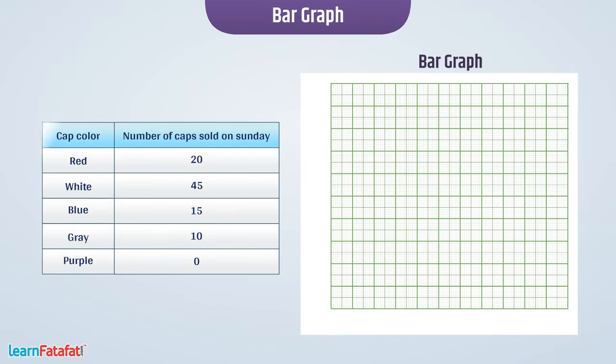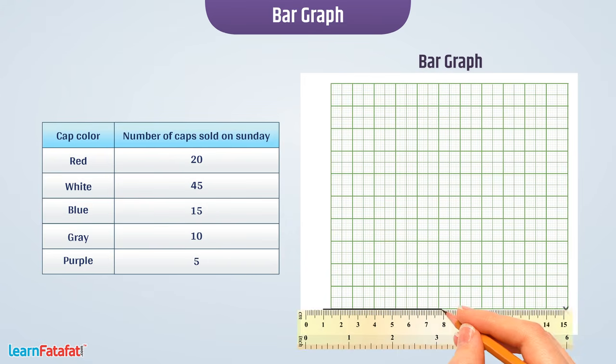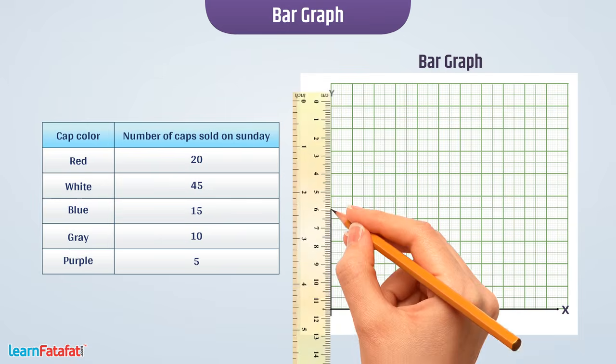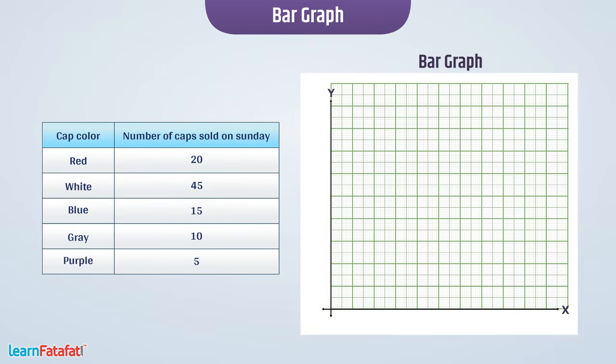Let's represent the following data using bar graph. To represent data graphically, first of all, we will draw a horizontal line and a vertical line as shown. Then, we write categories such as red, white, blue, grey and purple on horizontal axis and number of caps sold